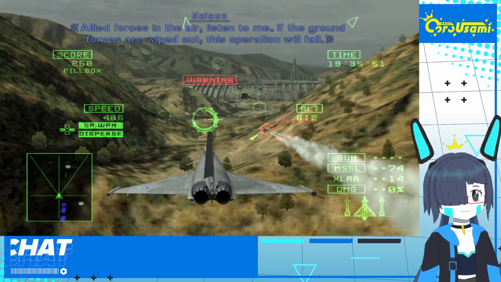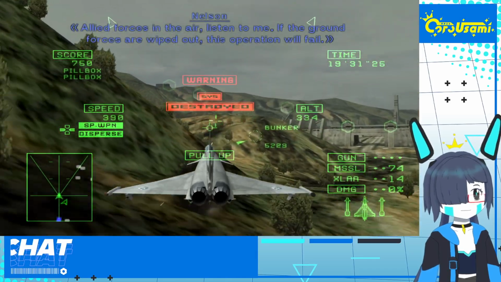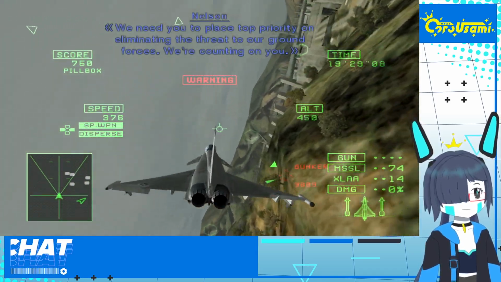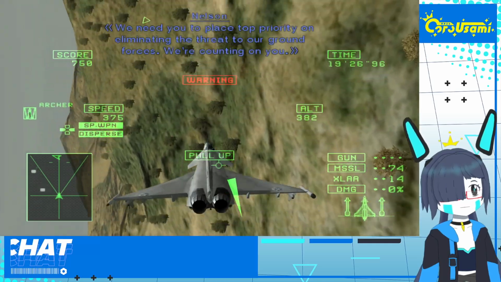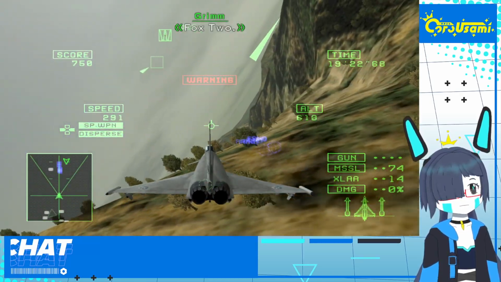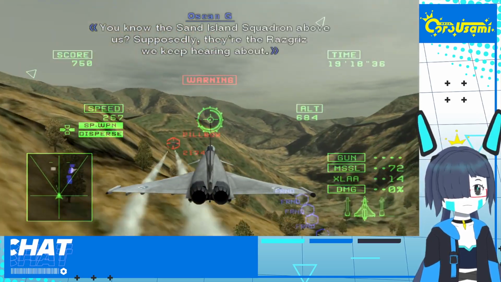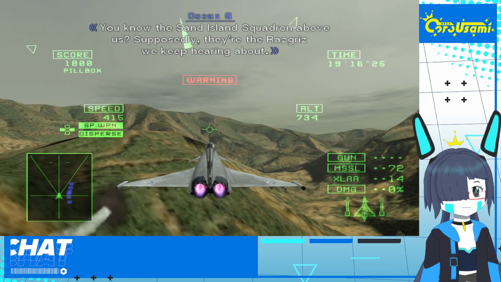Allied forces in the air, listen to me. If the ground forces are wiped out, this operation will fail. We need to place top priority on eliminating the threat to our ground forces. We're counting on you. Edge engaging. Fox 2. You know the Sand Island squadron above us? Supposedly they're the Rosgraves, but keep your